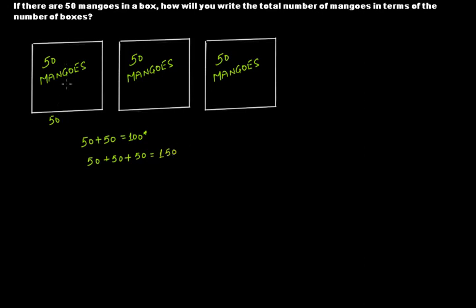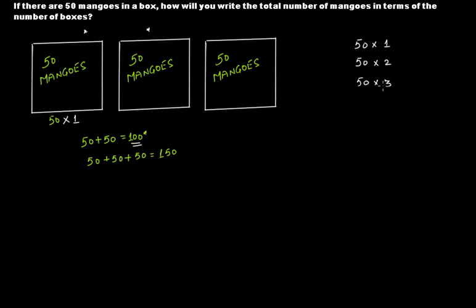When we have one box only, we have 50 mangoes. So 50 times 1 mangoes. When we have two boxes, this one and this one, how many mangoes now we have? We have 100. That means for one box it is 50 times 1. Then for two boxes we have 100. That means 50 times 2. Why 50 times 2? 50 of this box, 50 of this box, 50 times 2. If we have three boxes, then we will have 150, 50 plus 50 plus 50. It means 50 times 3,